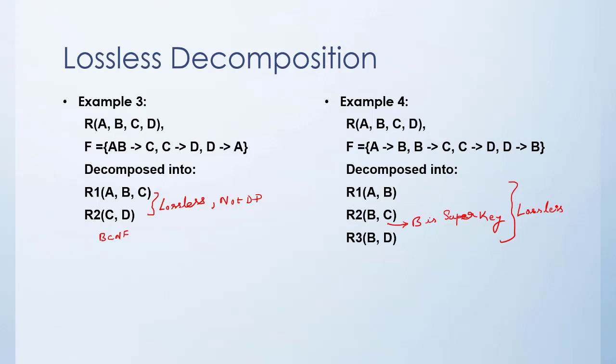Now, as it is a small decomposition, it is easy to find that, and there is a common attribute between all 3 decomposed tables. But when the decomposition is into a larger number of relations and there may not be any common attribute between all the decomposed tables, then this process will not work. For that we have an algorithm, and we are going to discuss the algorithm in our next video. So thank you. See you in the next video.